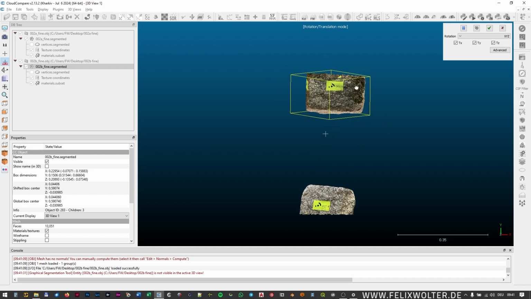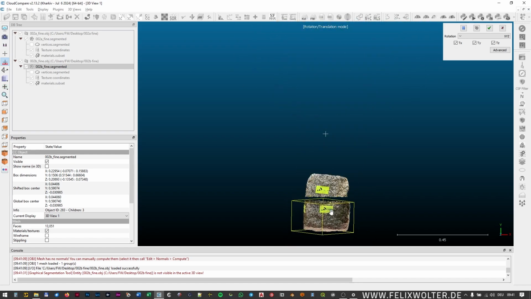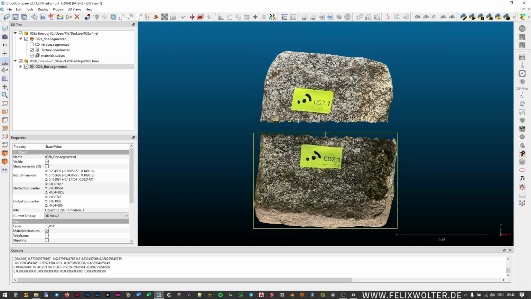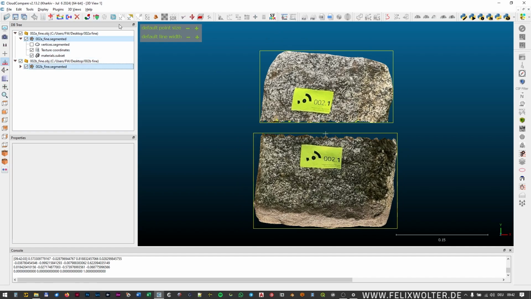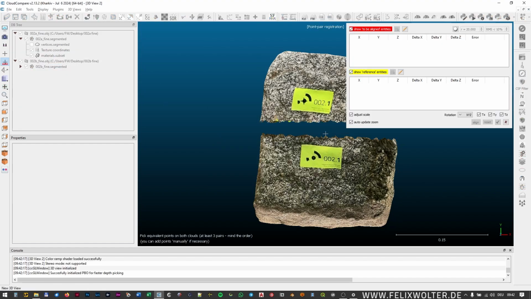it in a way that the markers more or less align, and we can move it with the right mouse button to the correct location, and we apply this transformation. We zoom in a little, and we select both of our objects and use the alignment by picking point pairs. A is the sample one, and then we just click 2 points on each model,